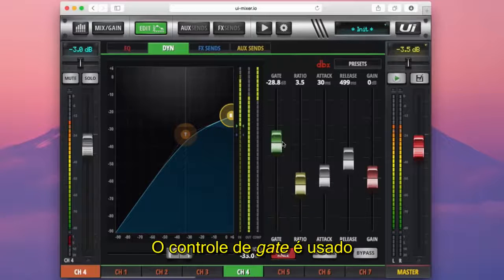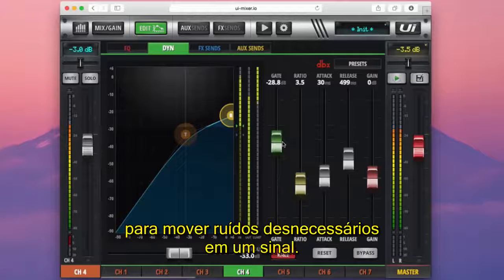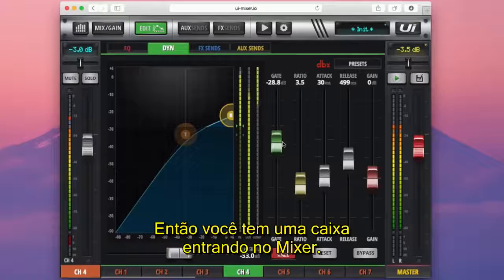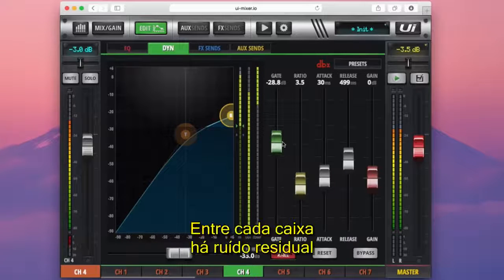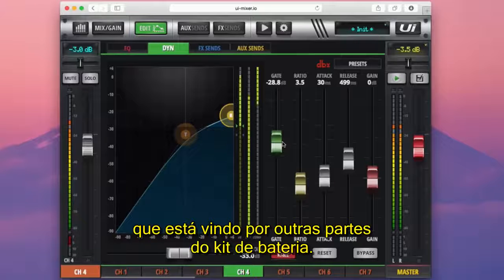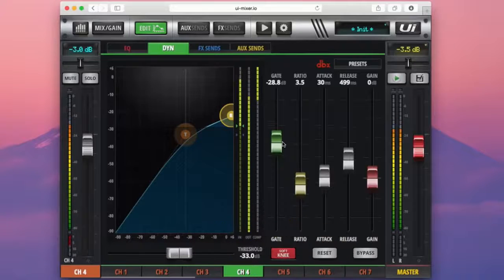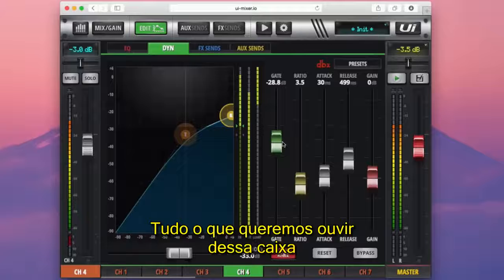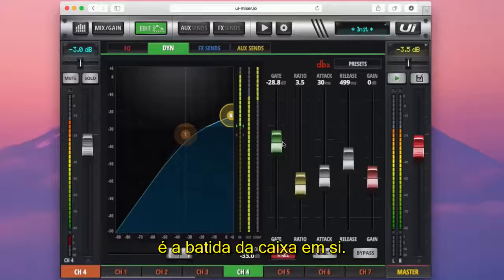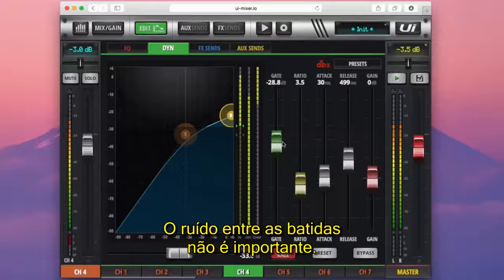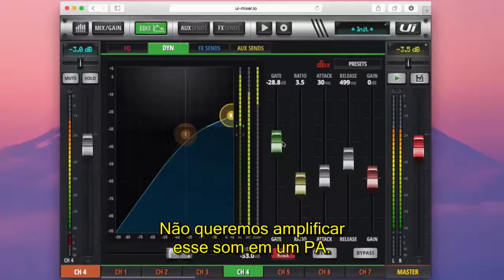A gate control is used to remove unnecessary noise in a signal. So you have a snare drum coming into the mixer. Between each snare drum hit, there will be residual noise that is coming from other parts of the drum kit. They are in such close proximity, it's impossible not to get this. All we want to hear from that snare drum mic is the snare hit itself. The noise in between the snare hits to us isn't important, and we don't want to amplify that into our